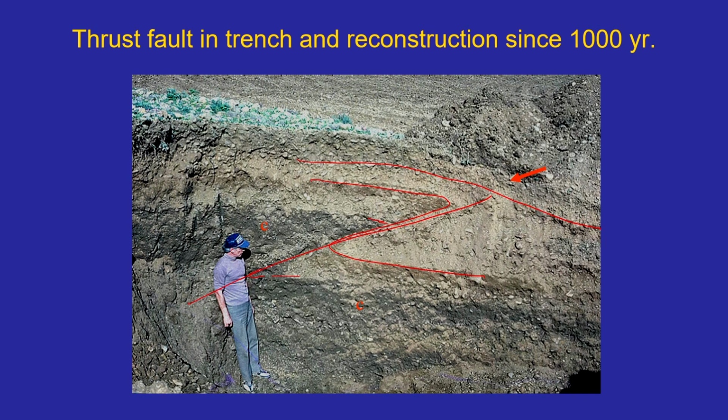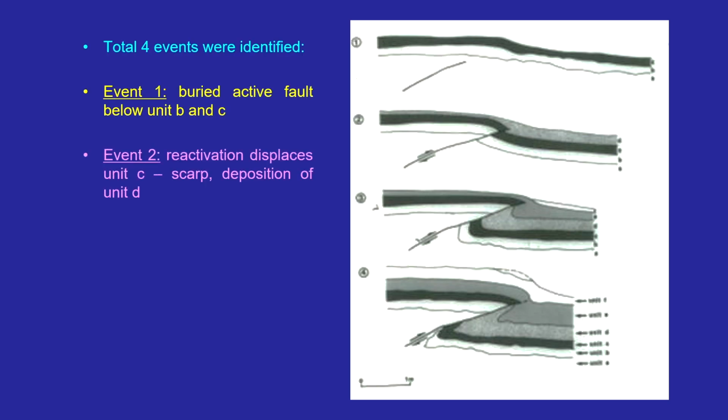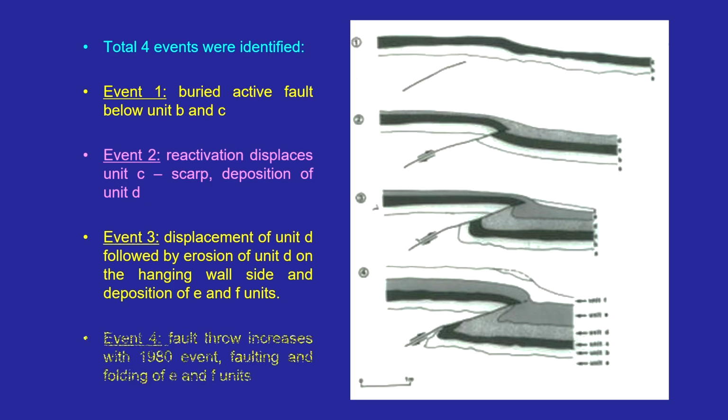This is the top here, and this will be the net slip of that, whereas the net slip of this unit will be somewhere over here. So, unit C has been displaced more as compared to the other upper unit capping unit C. This is how they have explained how many events would have occurred during this earthquake: more than 3 events have been recorded, and the fourth one was the